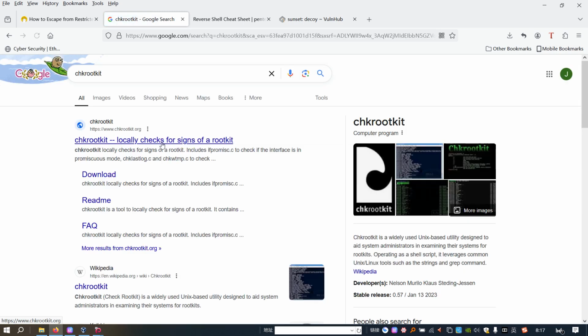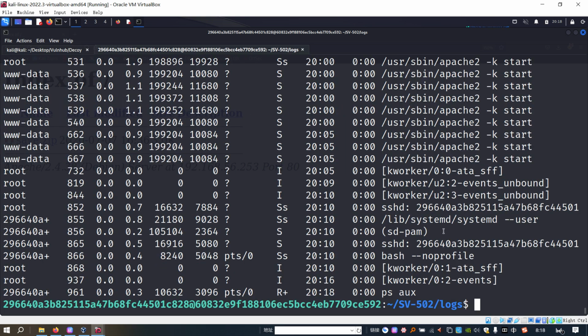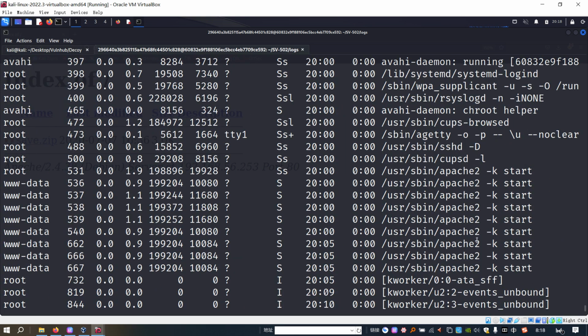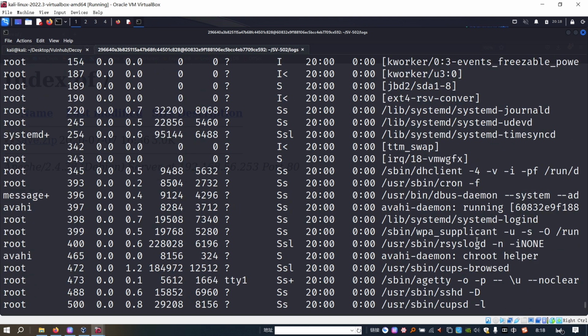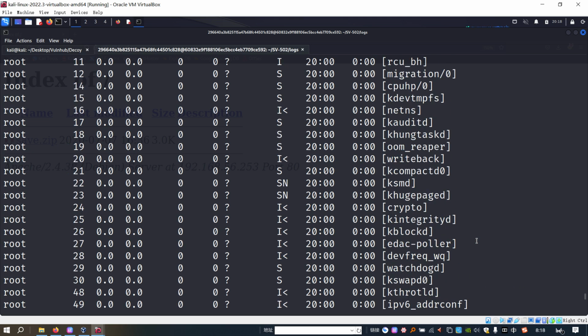So this locally checks for signs of a rootkit, including checking if the interface is in promiscuous mode. Sorry, my bad. However, at this moment we didn't find the checkroot. Nothing, right? Nothing relating to the checkroot kit process.